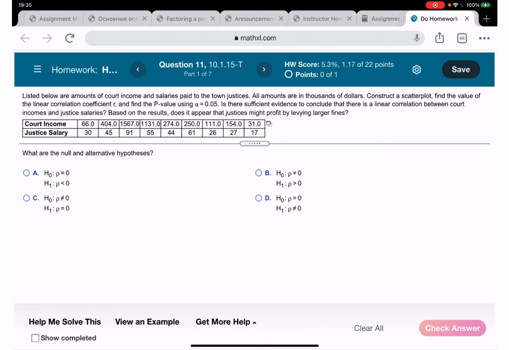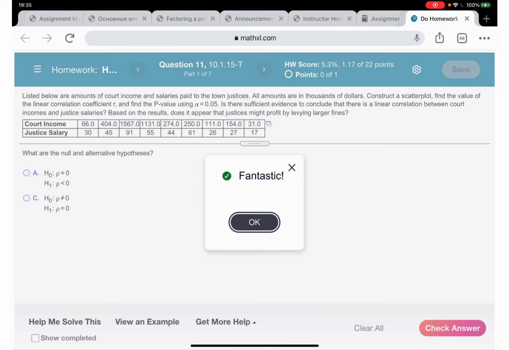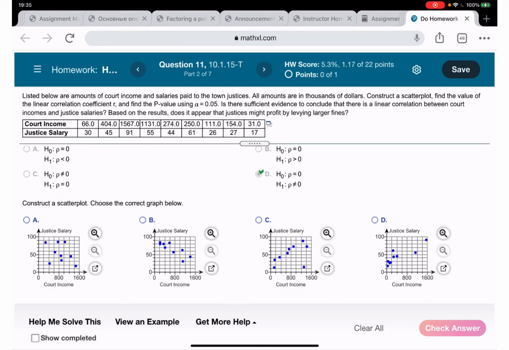Okay, our alternative and null hypothesis is going to be D, because in this topic we are going to test the two-tailed test, because either there is correlation or there is not correlation. Okay, that's all it is. That's why it's always going to be two-tailed. Okay, and we know that it's fantastic. Okay, so to construct